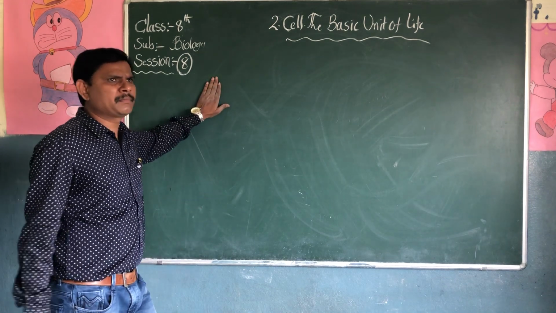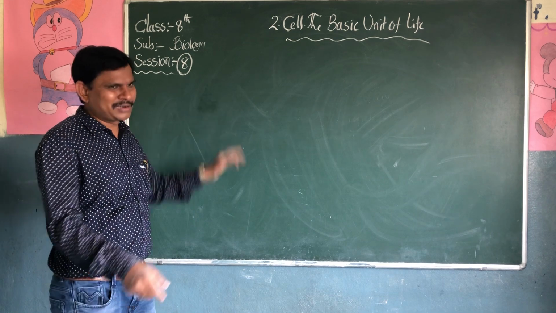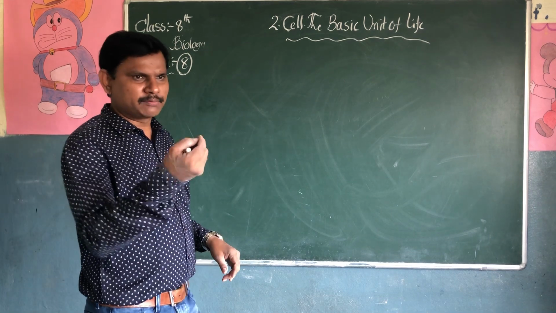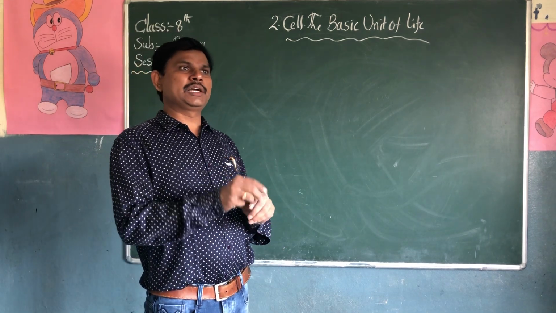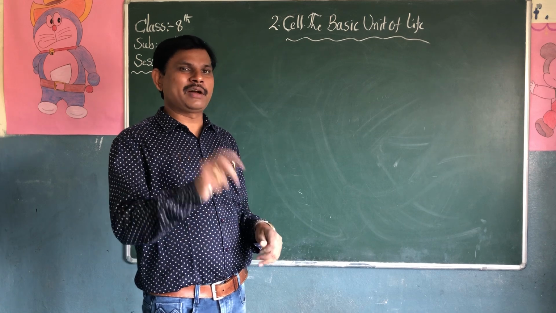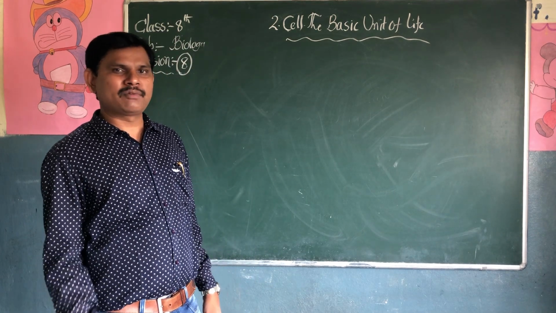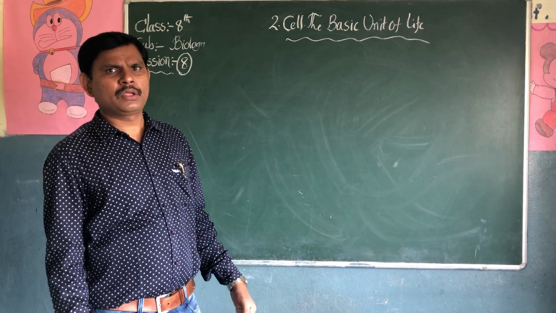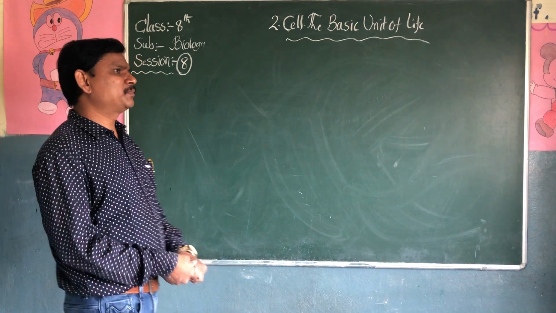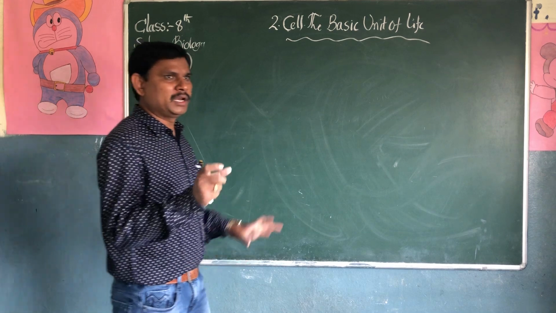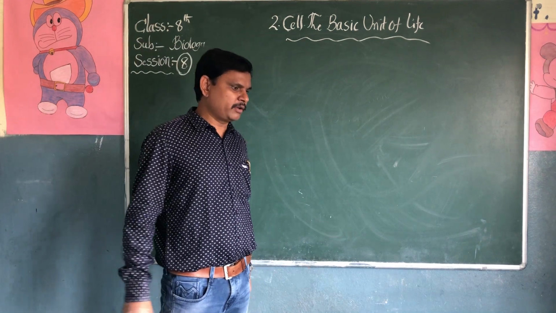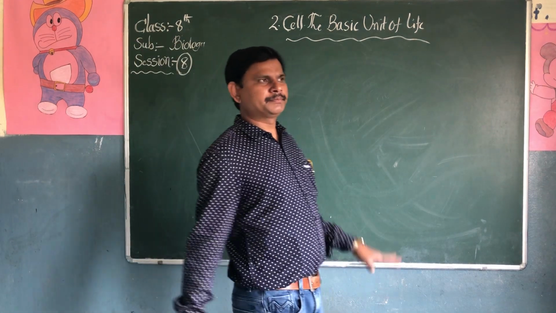It's the same. Take any leaf, like grass, take a small portion of grass, put it on a slide, put a drop of water, then put a drop of glycerin, cover with the cover slip, and observe under the microscope. When we observe, we cannot see a clear picture, but in your textbook on page number 20